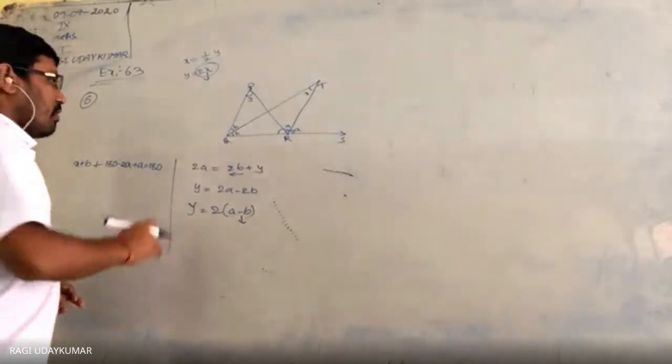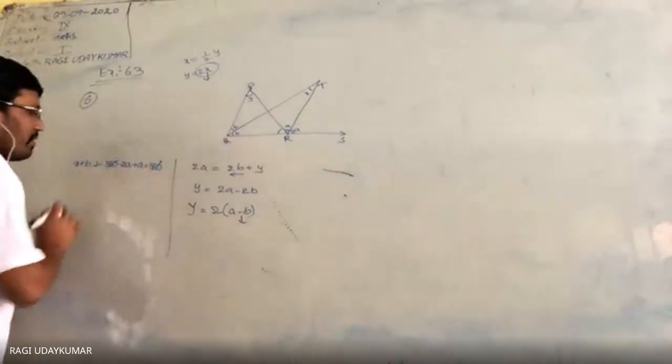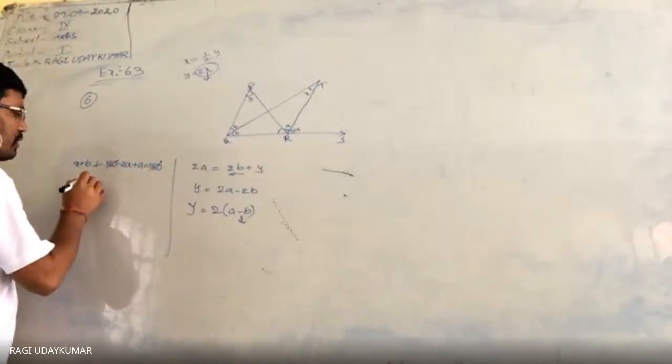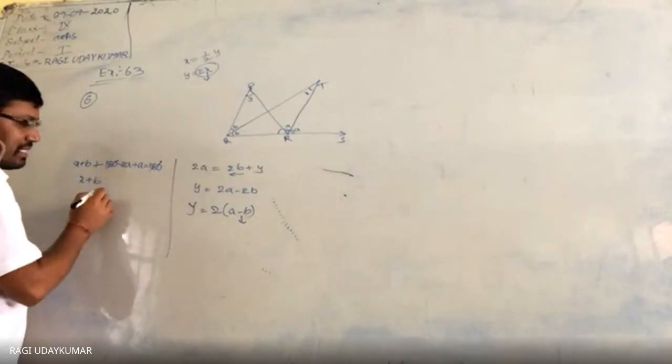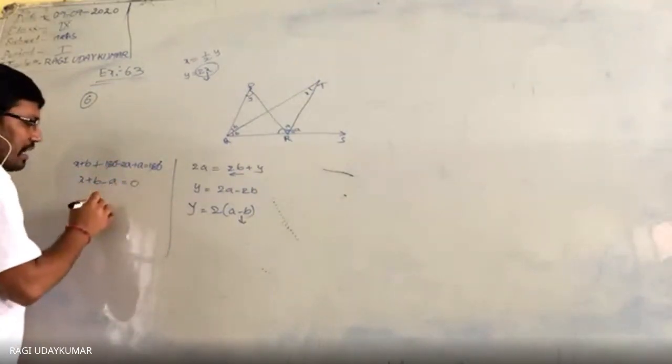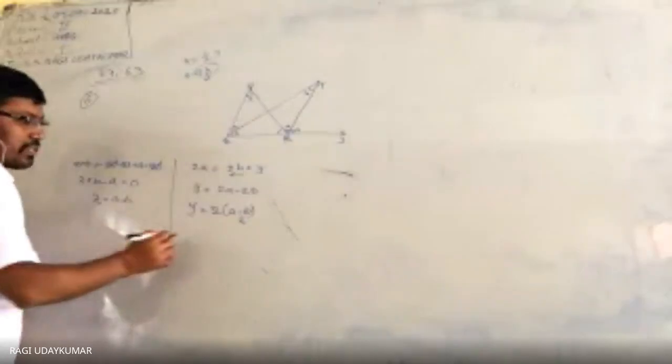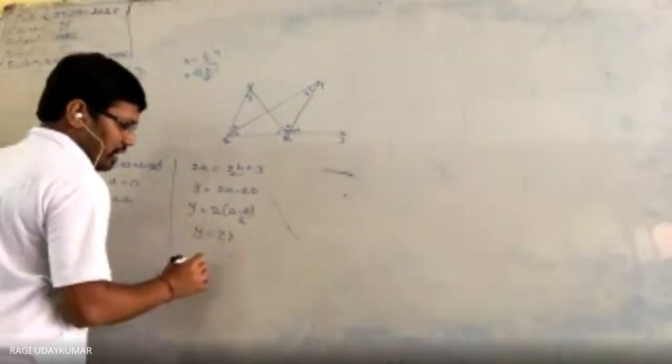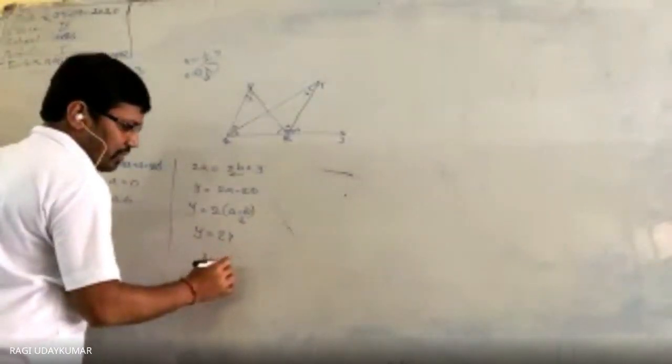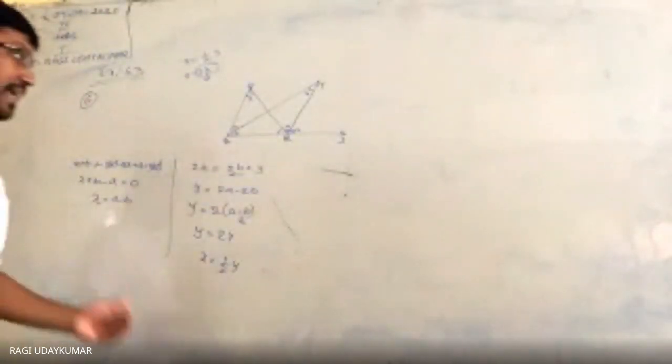Okay. So now here what to do? From this, 180 will cancel. So X plus B minus 2A plus A minus A is equal to B. X is equal to A minus B. This X you substitute here. 2X, so X is equal to 1 by 2 Y. If X and Y and A, B are there,